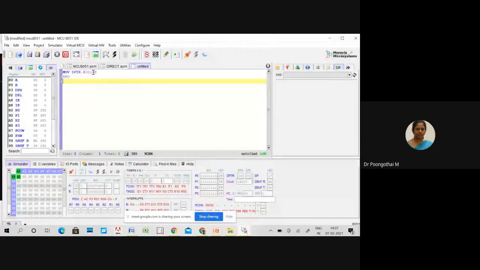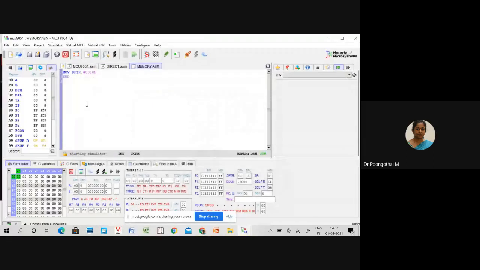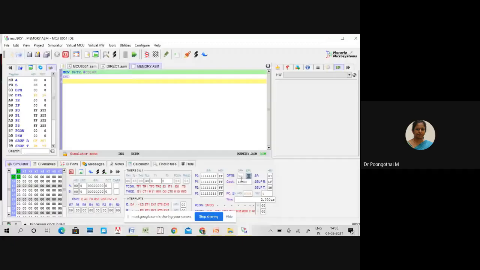So let's execute this code. I'm going to execute the first instruction, MOV DPTR, #0010. Look here: your DPL is loaded with 10, and 00 is loaded into DPH.